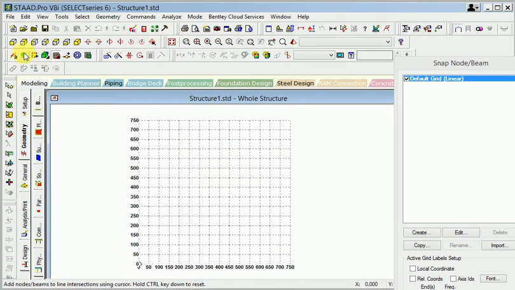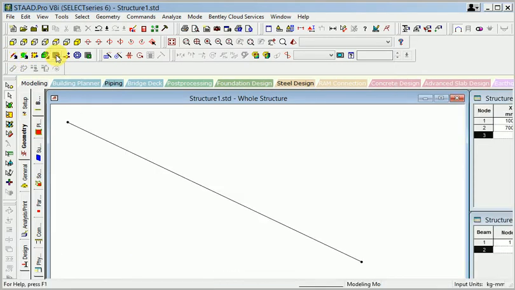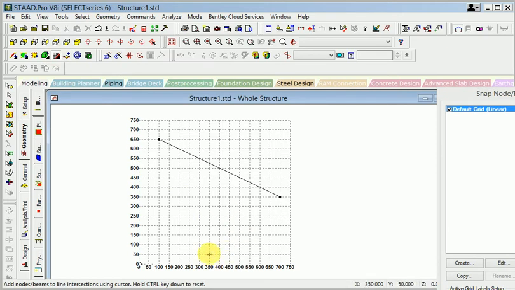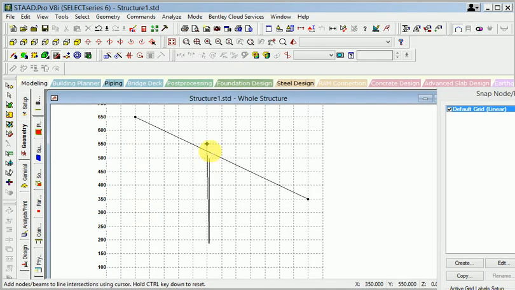Then I also have to create the joint, this one to joint here, this one, and I also have to joint to this one.